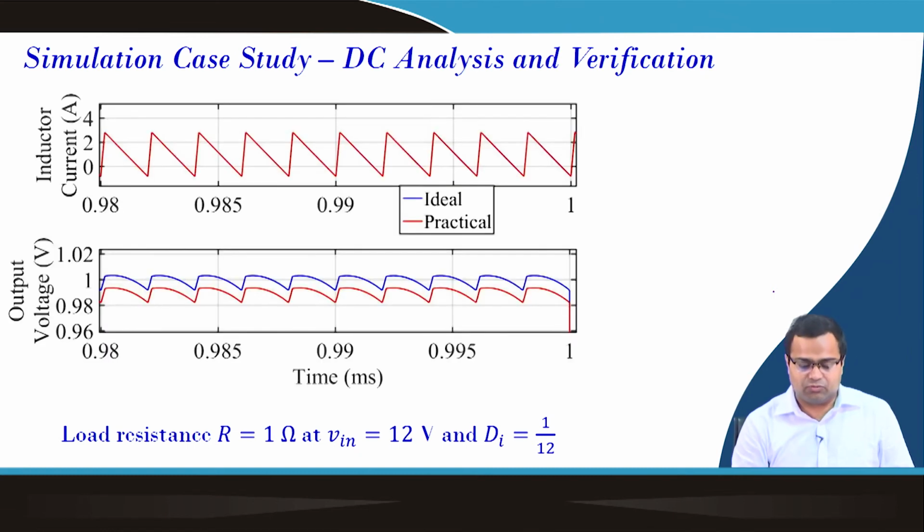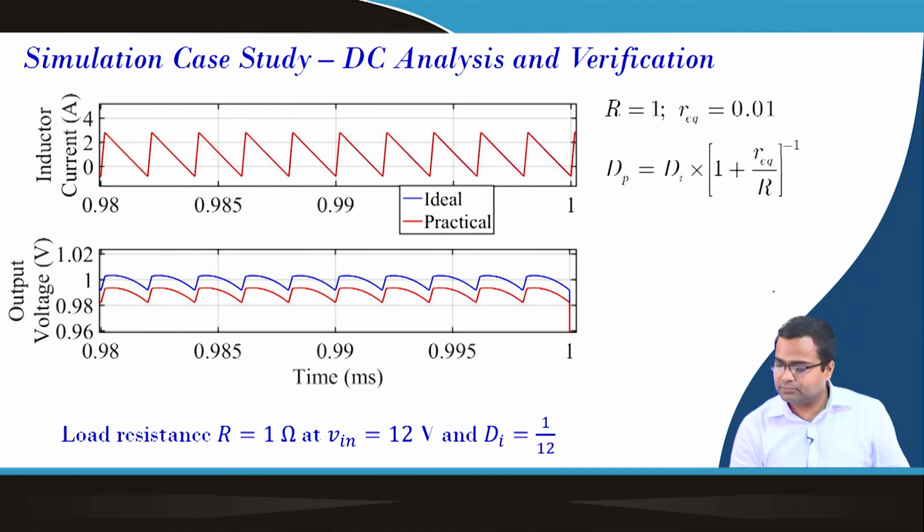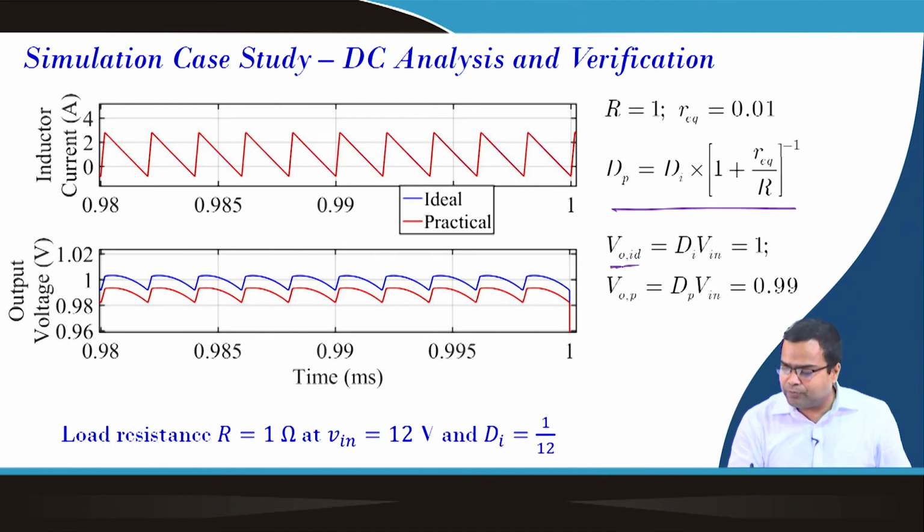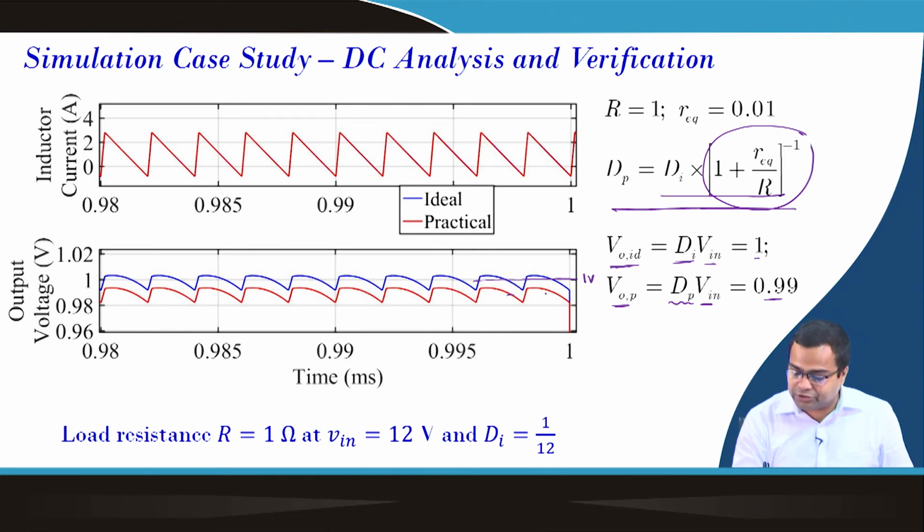Now, under the same condition, we want to see the average output voltage. Again, the duty ratio calculation is given. The ideal output voltage is the ideal duty ratio times the input voltage, that is 1 volt, and it is coming exactly to 1 volt on average. This is my 1 volt. But my practical output voltage can be calculated by V in multiplied by my practical duty ratio, which includes this correction term, and it is 0.99, which is also consistent because it is also the midpoint. So, it is also consistent.